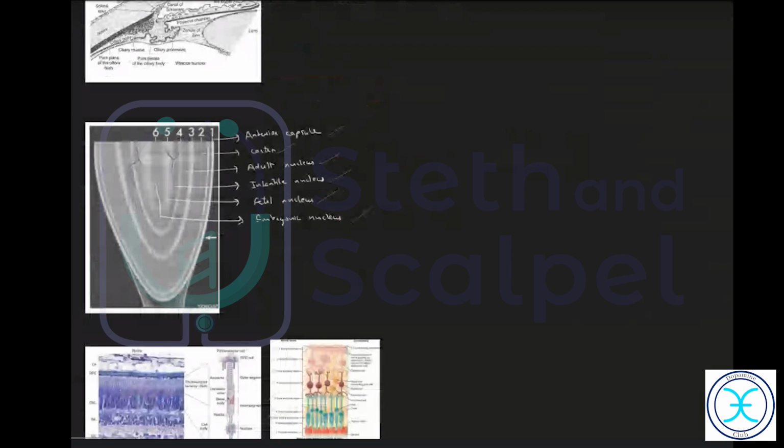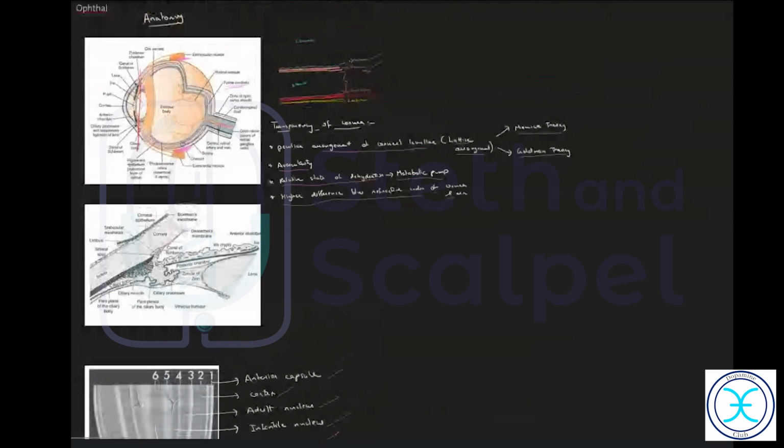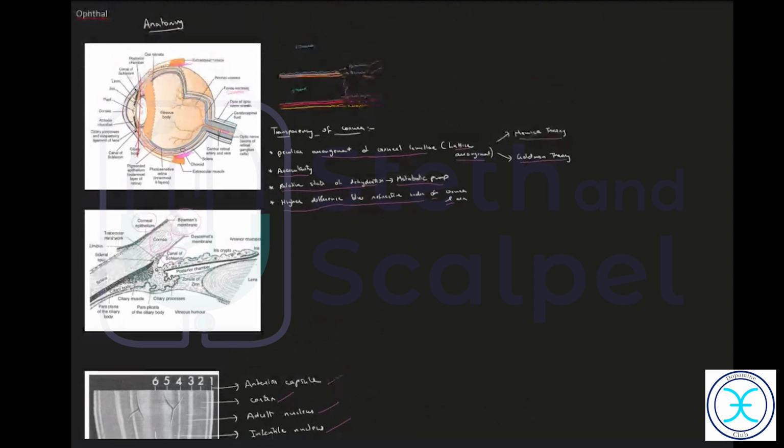Bitot spots, dry eye. Okay. Vitamin A deficiency. You can see that in the conjunctiva. Like it'll become dry. Anything else? I'm asking about accumulation, like metals. Think of metals or something like that.